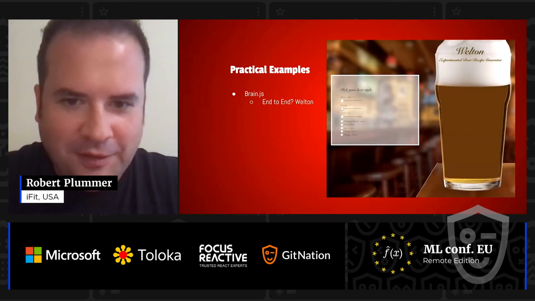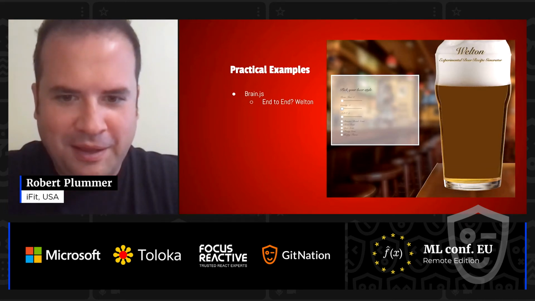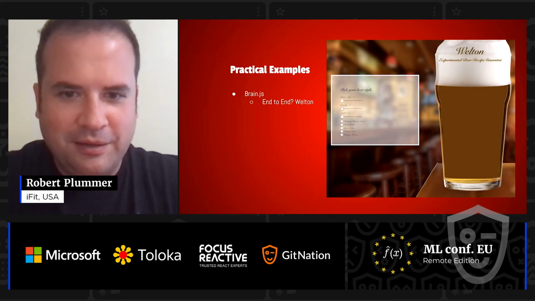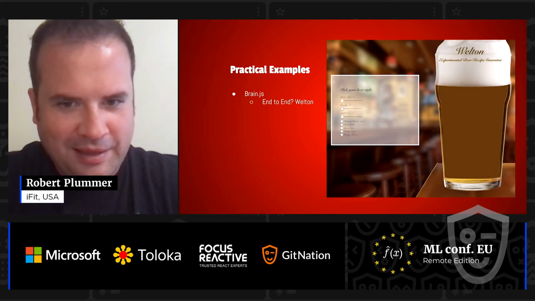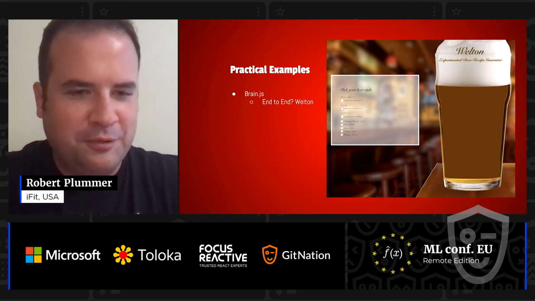Well, I'm working on Welton. I'll have it finished maybe today or tomorrow, with links to it, where you can actually pick how you want a beer to taste and smell and how alcoholic you'd like it. And it will tell you what type of beer you're trying to brew, what color it will be, and even how to brew it.